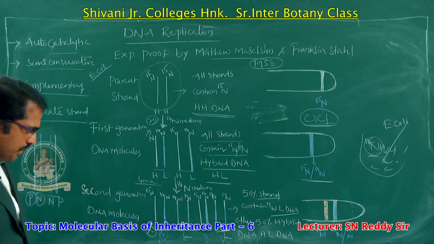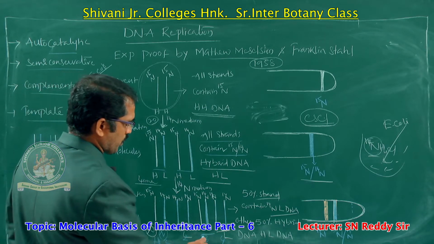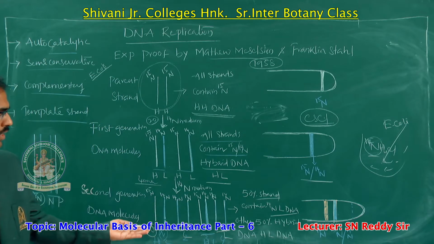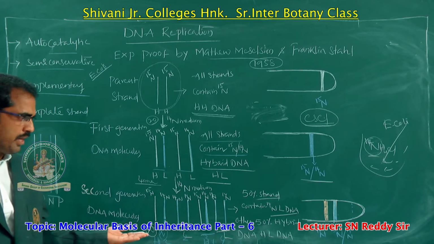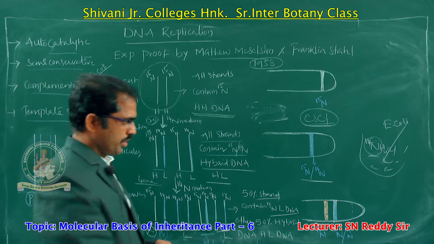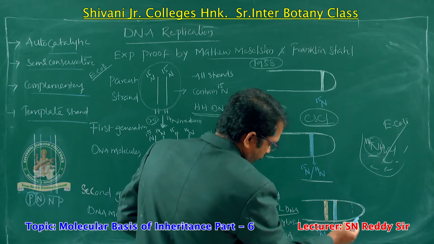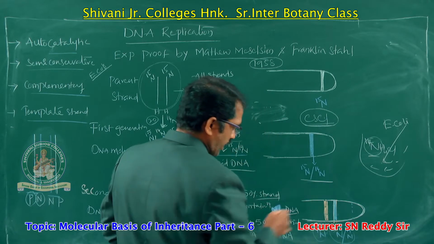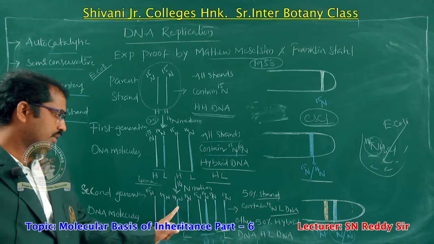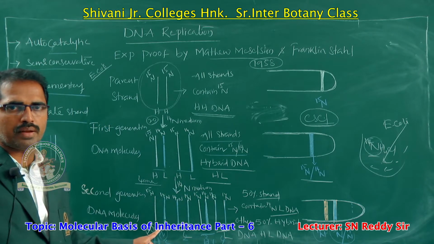The other 50% of the strands are the hybrid DNAs, heavy-light DNA. 50% of the strands are heavy-light hybrid DNA and 50% are light DNA. Now, the sedimentation process you observe in the centrifugation: this is the hybrid DNA, compared with this, which is very light. That's why this is the condition. Based on this, DNA replication is always a semi-conservative method of replication.